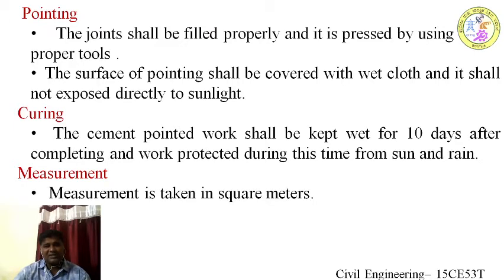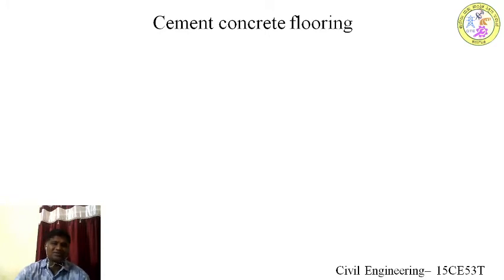And for taking measurement, I am going to measure the total surface of the wall. Even if the pointing is done only for the joints, I am going to take the total area of the wall, that is length into height, for the measurement of the pointing item. So these are the different attributes which have to be carefully explained in preparing the specification for pointing. And also, if you are going to work at heights, scaffolding is necessary, that has to be included in the pointing.